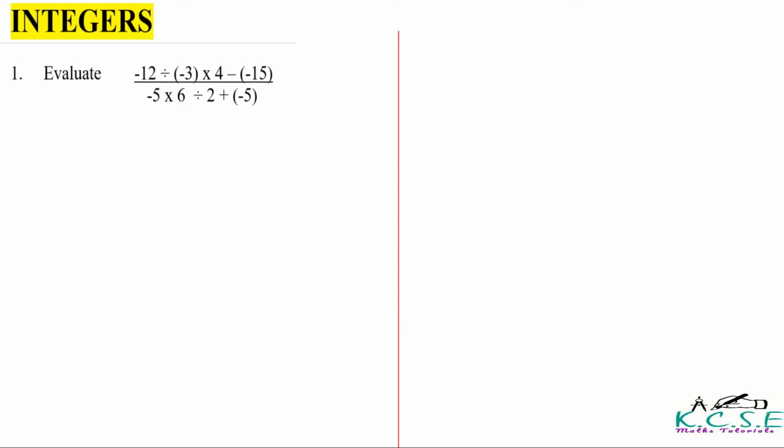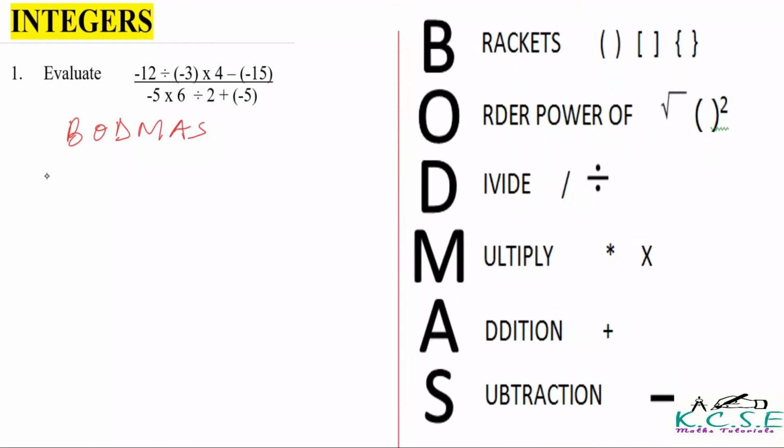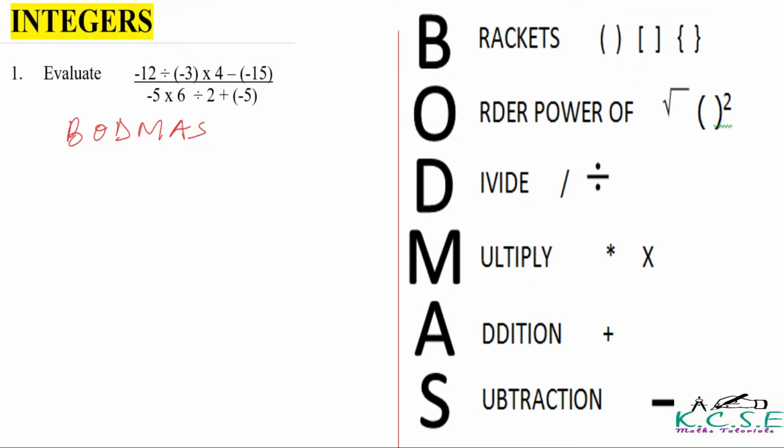Question number 1, evaluate. While evaluating this question, you're going to use the order of operations, popularly known as BODMAS. So this is what you're going to use. While solving the question, we shall divide it into two and solve it in two separate parts, that is the numerator and the denominator. So let's begin with the numerator, which is negative 12 divided by negative 3 multiplied by